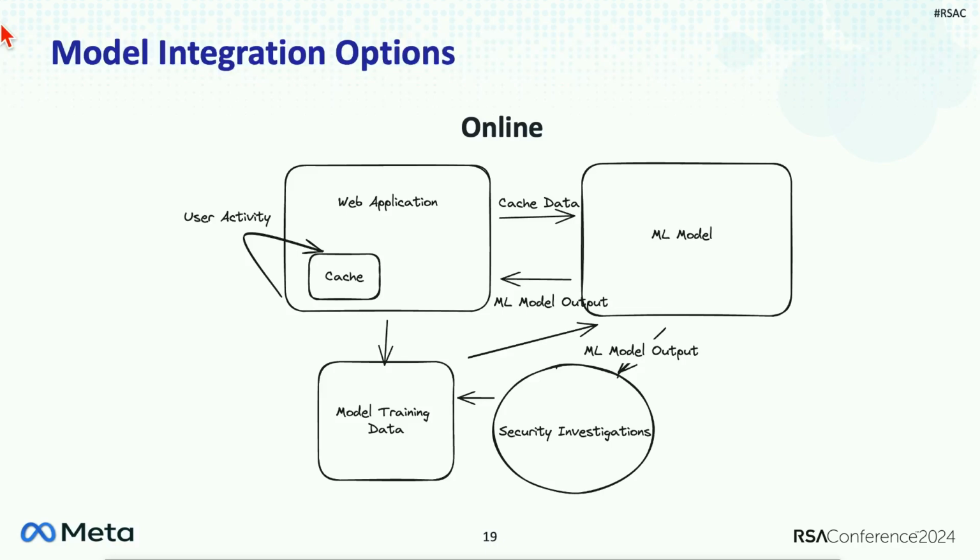So the second option, and where we hopefully like to get to, is an online deployment. And so in this case, we are taking our model from just being a detection to also being a protection. Because the model can respond with inputs, and then your application can respond dynamically as well based on those inputs. So if you have a threshold at 0.6 to be considered an anomaly for these outputs, your response at 0.65 can look very different from your response at 0.95.